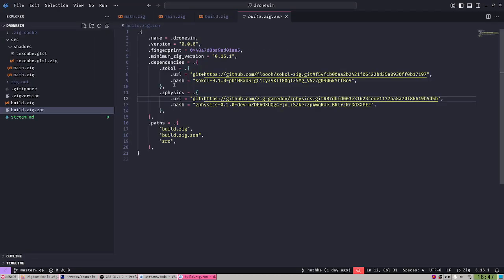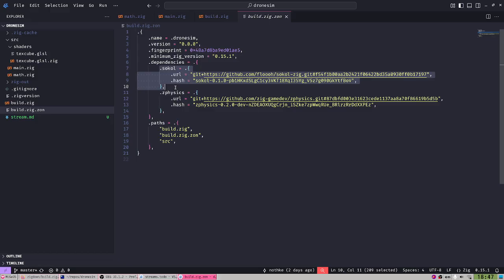It is using Zig 0.15.1 already, and it is using two very cool libraries. One thing is Sokol, which is the graphics abstraction, which can build natively to any platform. On Linux it is going to use Vulkan, on Windows it's going to be DirectX. It's pretty cool, and I used it before already. It has a really nice and easy to use structure. You don't have to do all the dirty work like I did with OpenGL. It does everything for you. You can also build OpenGL if you want to, and it can also build for WebGPU and WebGL, which is cool.